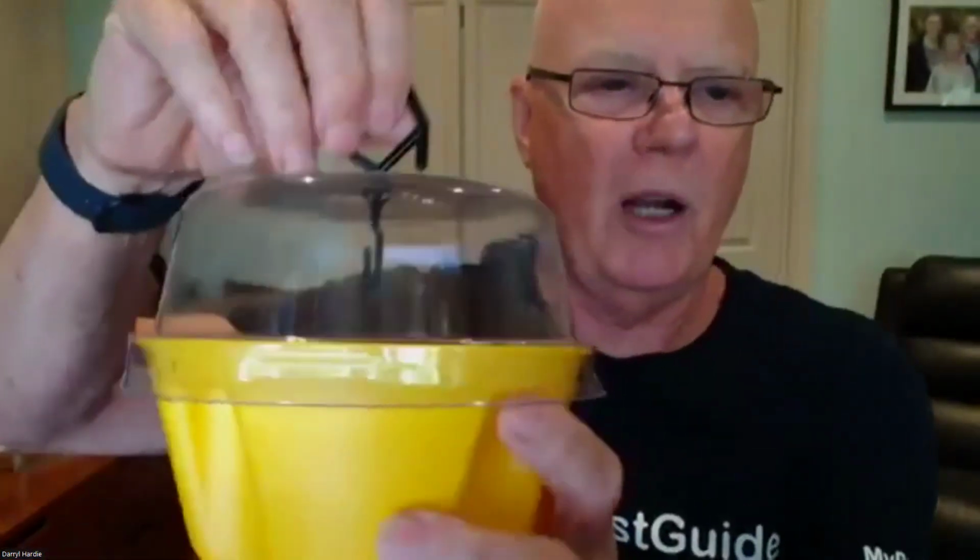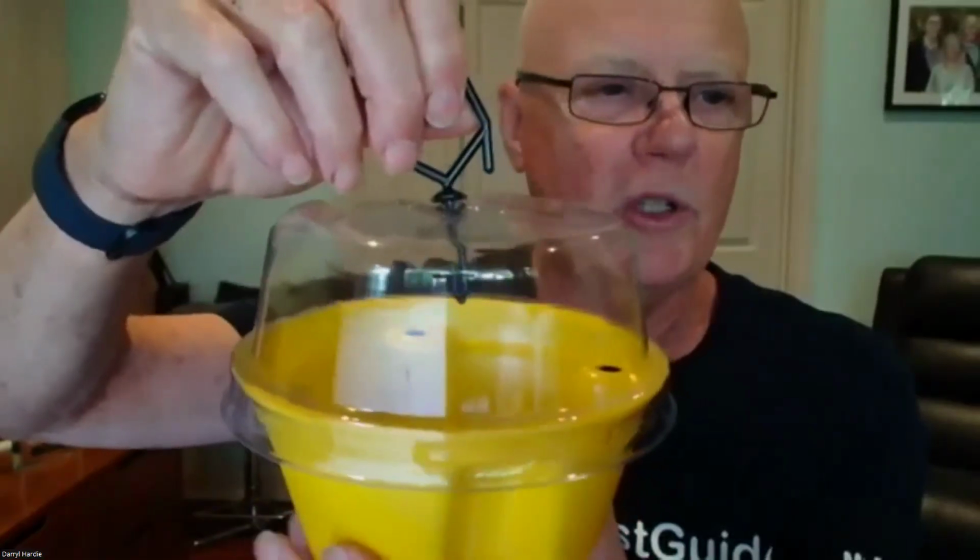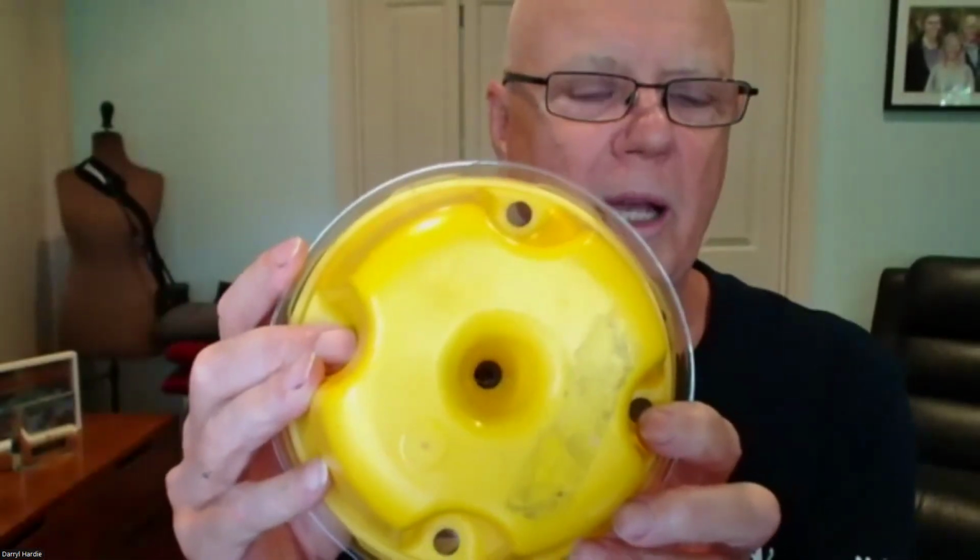here's one of the commercially available traps. This is a bio trap. This is an old version. The one I showed you in the actual thing was a bio trap 2. This is bio trap 1. This one has holes in the bottom. It's a yellow color, so the yellow does attract fruit flies. And the holes, notice the size of the holes. I can get my little finger just about inside them. Okay, so that's the size of the holes. This one has 5 holes. You take the lid off,